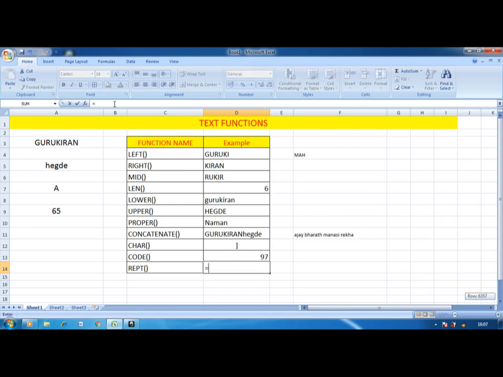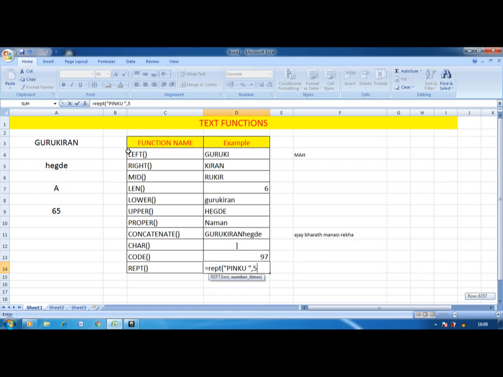Now the last one is REPT. This function is used to repeat the text a number of times. See here, REPT, bracket, I will use one name, that is Pinku, and I will use one space, then comma, how many times I want to repeat the text.